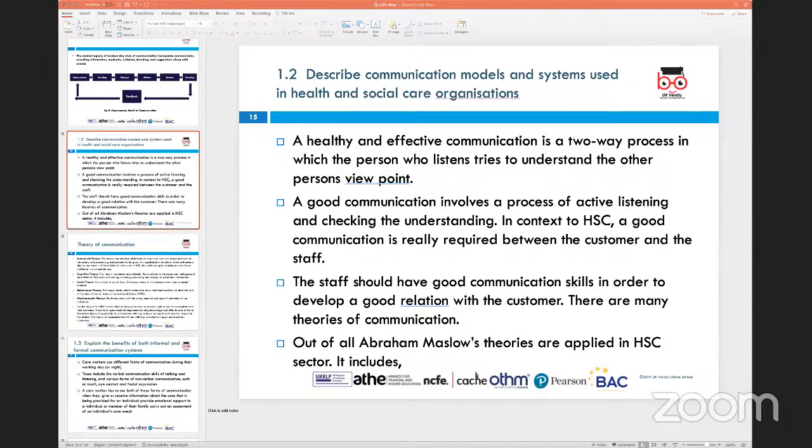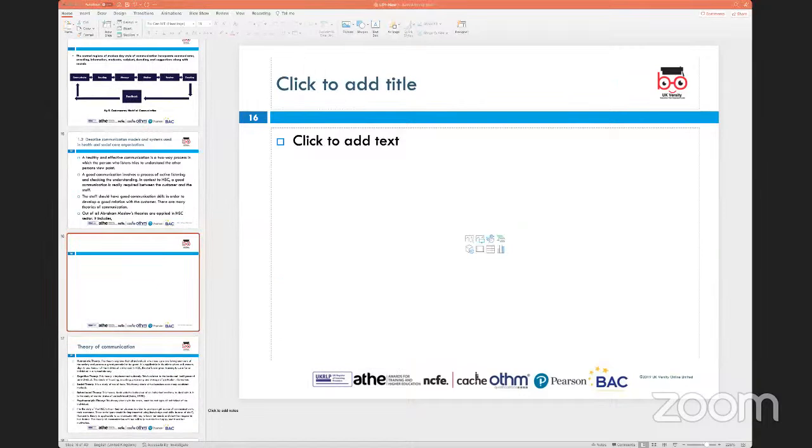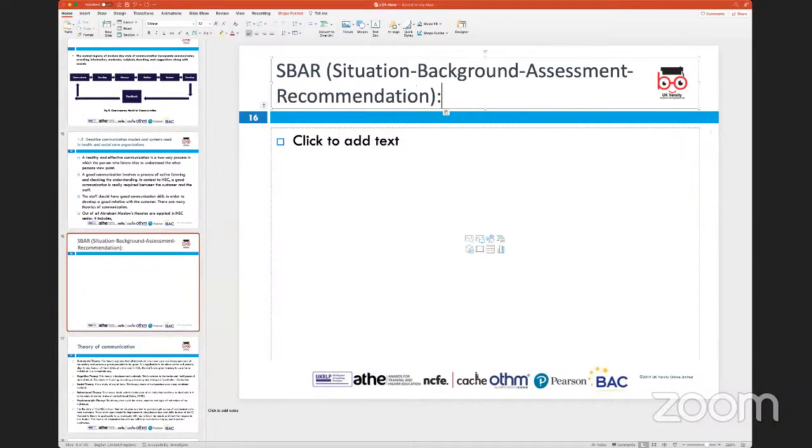And this would be a framework which will be utilized by nurses, healthcare assistants, doctors, when they want to share information about a patient's situation, their relevant background, give a very professional assessment, and then recommend what actions and interventions need to be done when the shift change happens. So one of the first ways that we would generally look at the process of communication happening within a health and social care setting would be what is called the SBAR system of